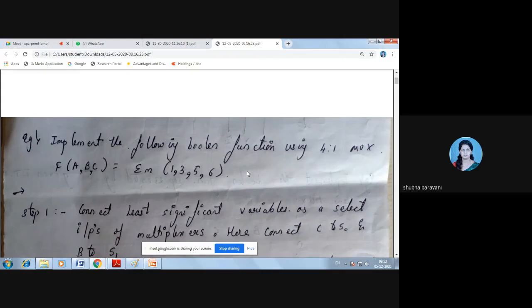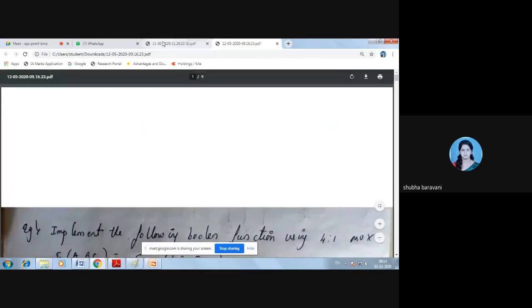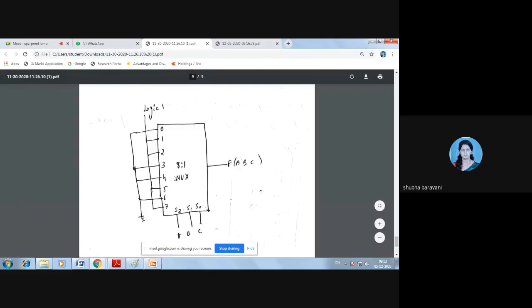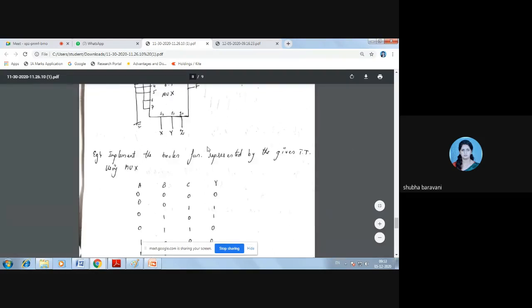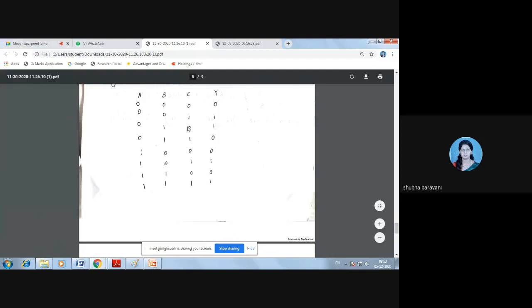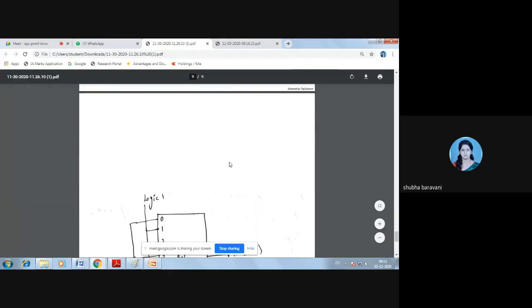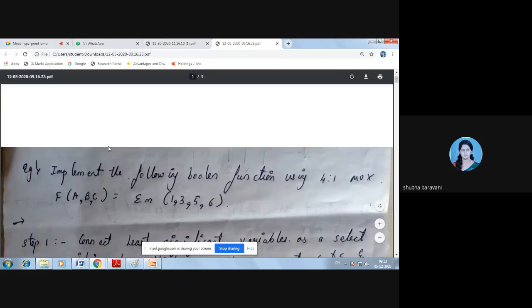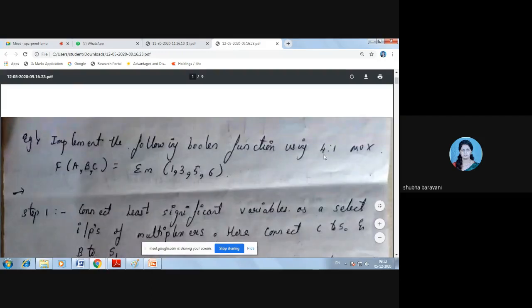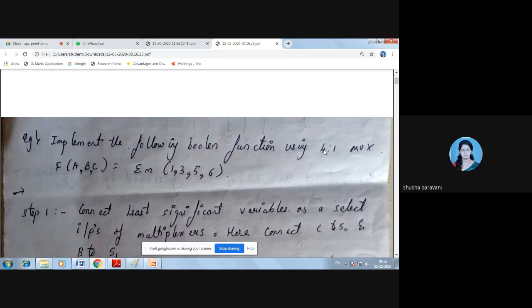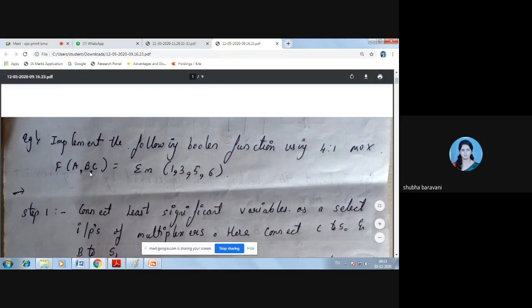See, this is a 4:1 mux, okay? Like the previous one. See, this was what we had done. We did an 8:1 mux. In the 8:1 mux, whatever function was given was a 3 variable function. So we had no problem because there were 8 inputs. But here you are asked to implement this 3 variable function using only a 4:1 mux. Do you understand? Using only a 4:1 mux, you have to implement this 3 variable function.